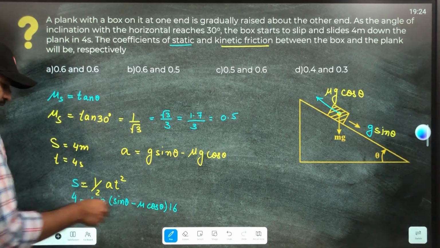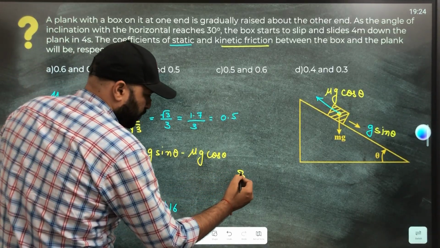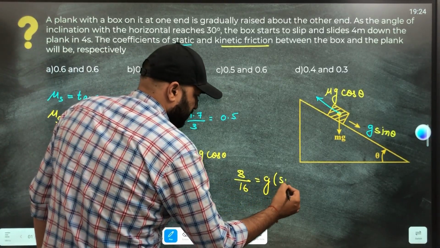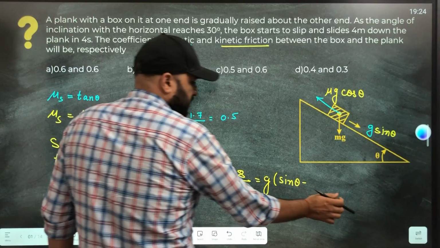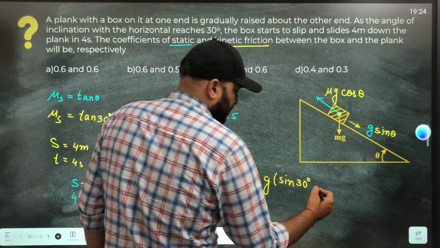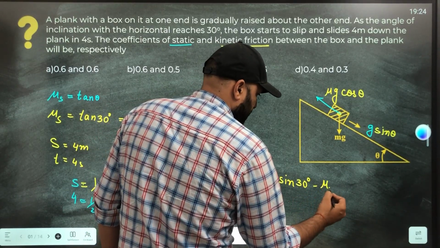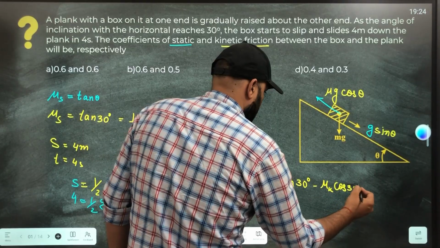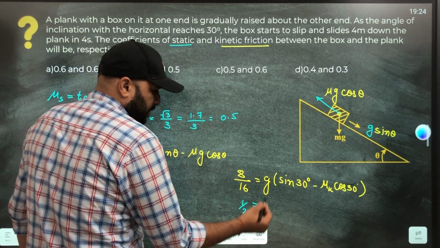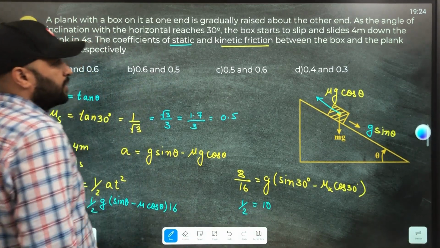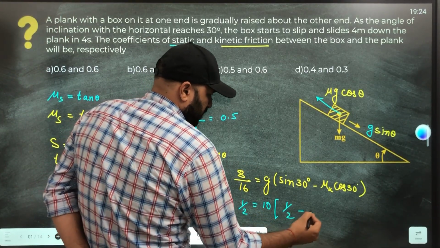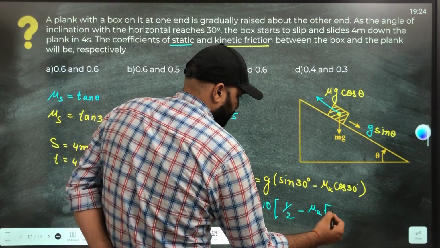Let's take this 16, 2 4s are 8. 8 over 16 is equal to what you are left with here: g sine theta minus mu k cos theta. And what's the angle for theta here? The angle here will be 30 degrees, because it starts moving just after this angle. So sine 30 minus mu k cos 30, right? Now this will be 8 upon 16, which is 1 by 2. And that equals g, which I am assuming 10, because they have not said to take 9.8. Let's assume it as 10. Sine 30, which is 1 by 2, minus mu k cos 30, which is root 3 by